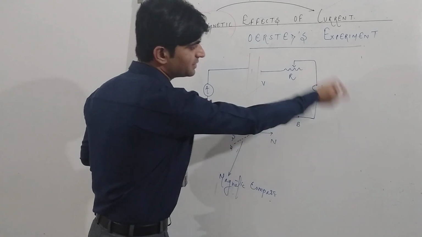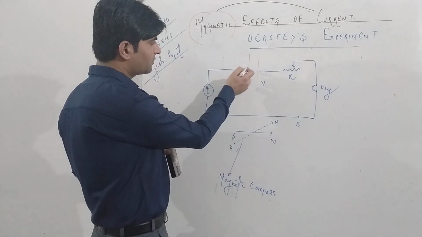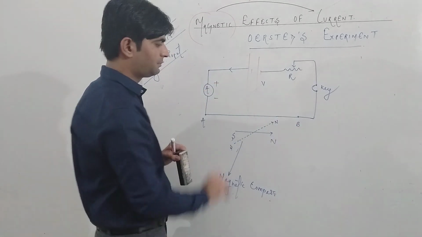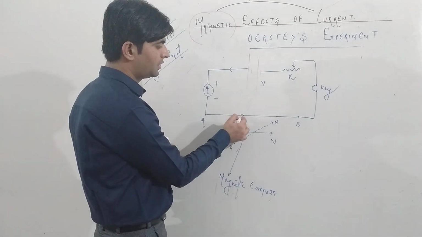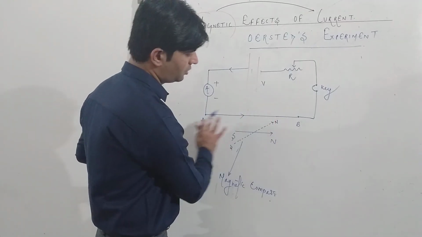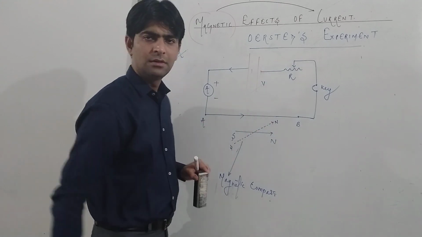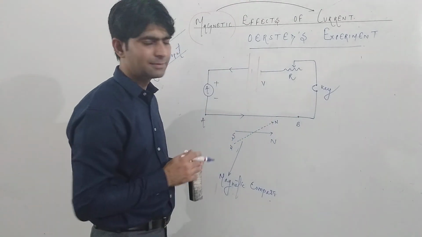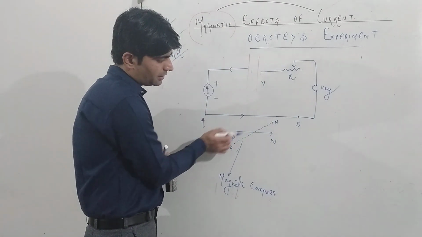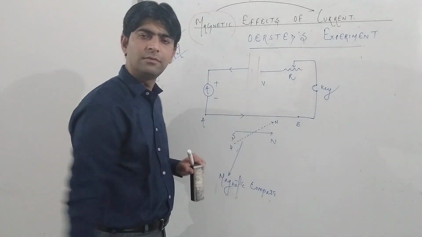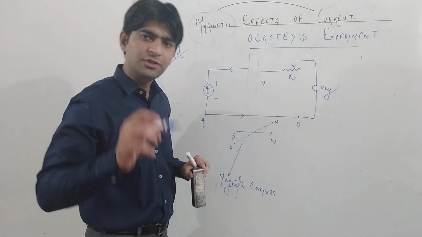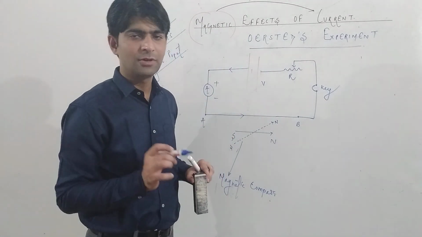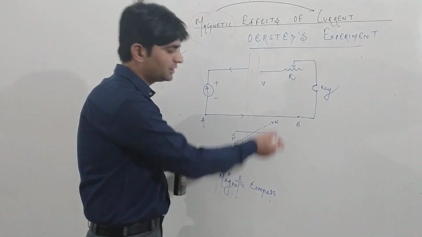As soon as we have kept this key closed, the electric current starts flowing from the positive terminal to the negative terminal of the battery. Here I will mark it as positive and negative. And in this section AB, this is our section of analysis. This is wire AB. In this we are going to study the production of the magnetic field. As soon as the key is kept closed, the observation is the deflection of the magnetic compass, which justifies that there exists a magnetic field around the current carrying conductor, because if there were no magnetic field, there would be no deflection in the magnetic compass.